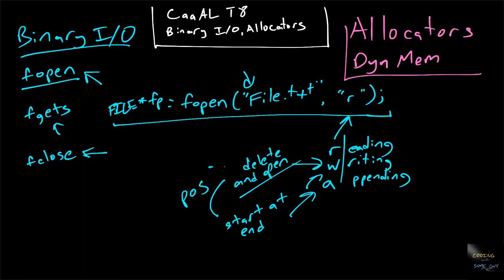So in this case, the position is 0. It's starting right at the beginning and it's making sure that there's nothing after it. In this case, it's whatever the end of the file is, and it's going to say, all right, let's just start adding stuff on there. So if you want to be careful, generally open things with the A permission. If you really want to make sure that there's nothing there, then open it with the W permission. But that's all pretty straightforward, and I think it's pretty much the same in Python.